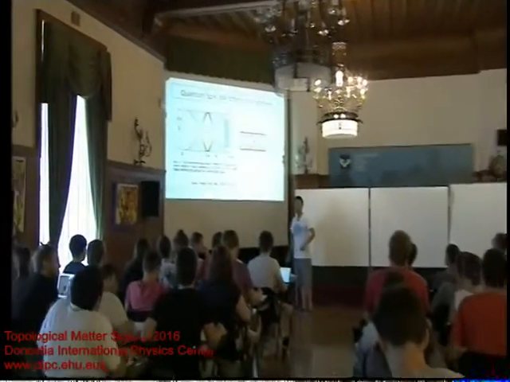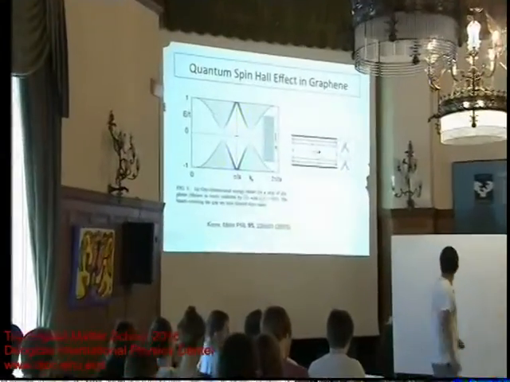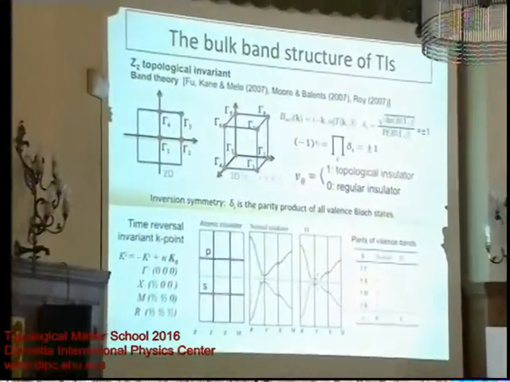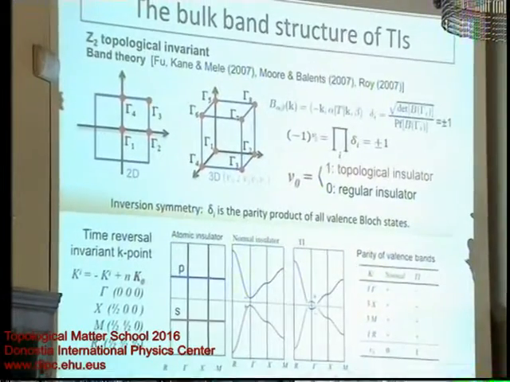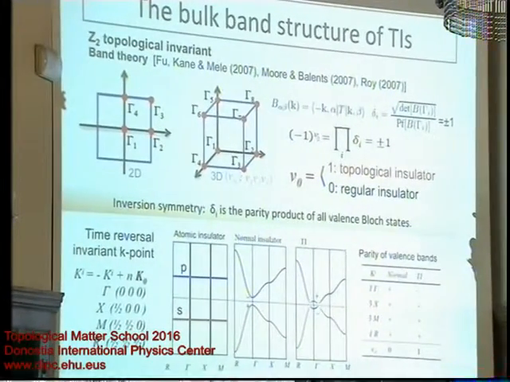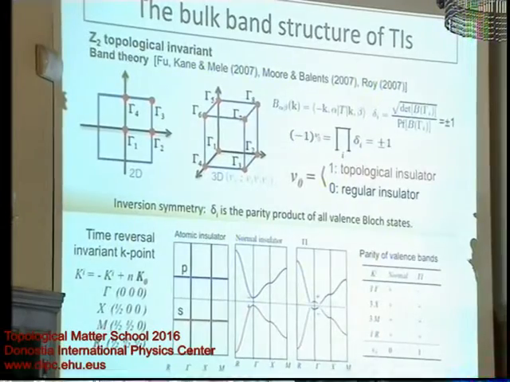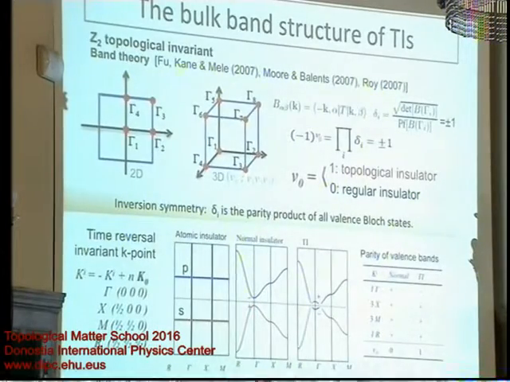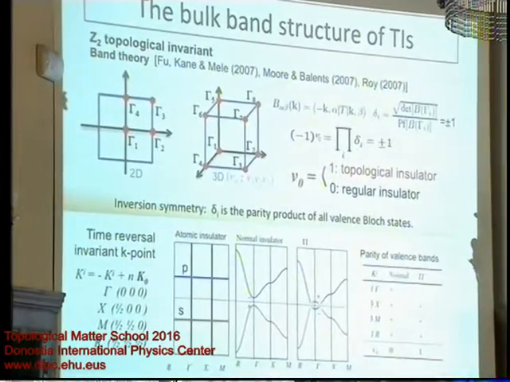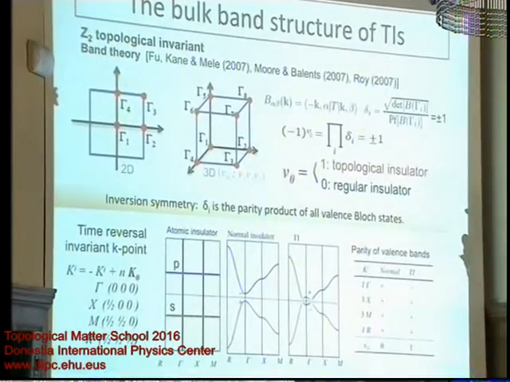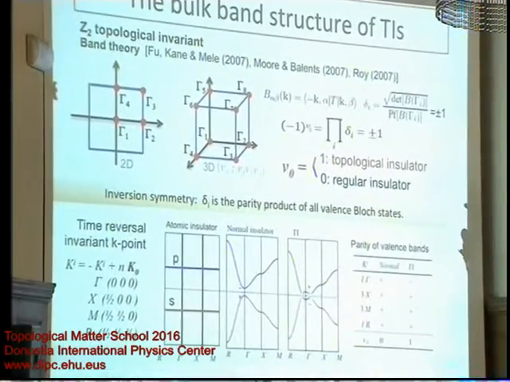Previously we talked about the graphene one, and there the most important information is always here. You have somewhere an inverted band structure, and then on the boundary there will be a metallic state. And this is a simple assumption. Now, let's talk about how to really identify this inversion quantitatively, and how to define the topological